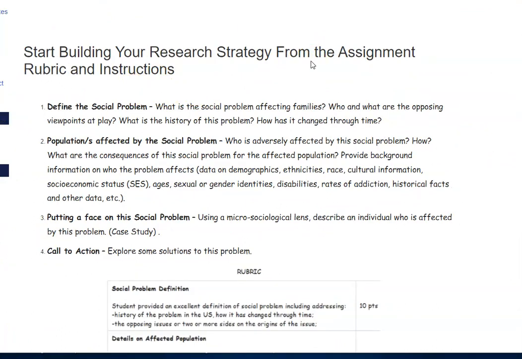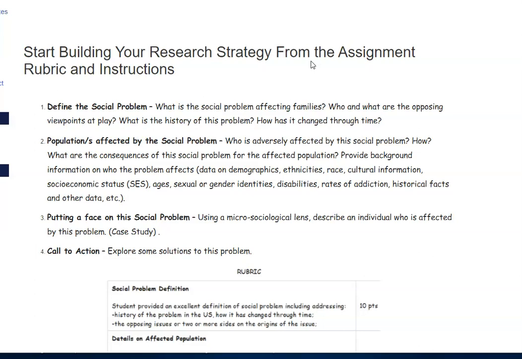So, just to go over, in defining a social problem, systematic reviews and case studies in ProQuest will be excellent. Also, Family Studies Abstracts, if something is there. You can also add in Sociology Index, which can help that out. For populations affected by the social problem, almost all of these pieces to the left will do that for you,